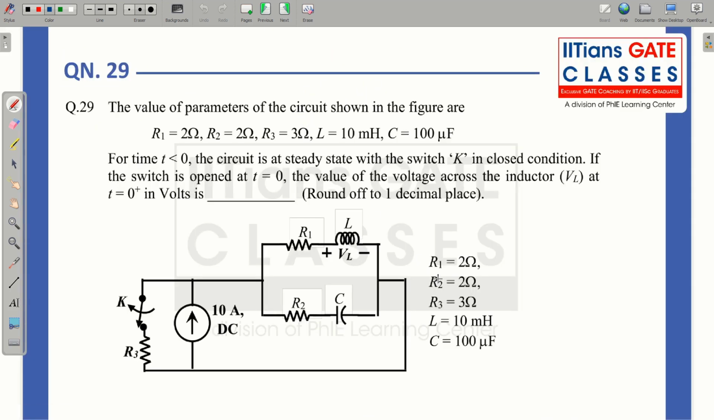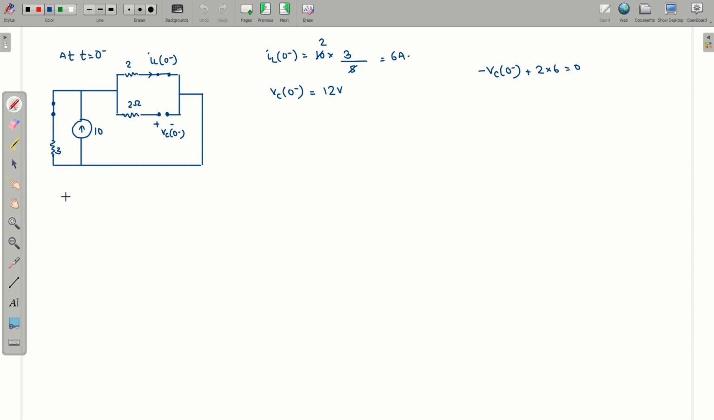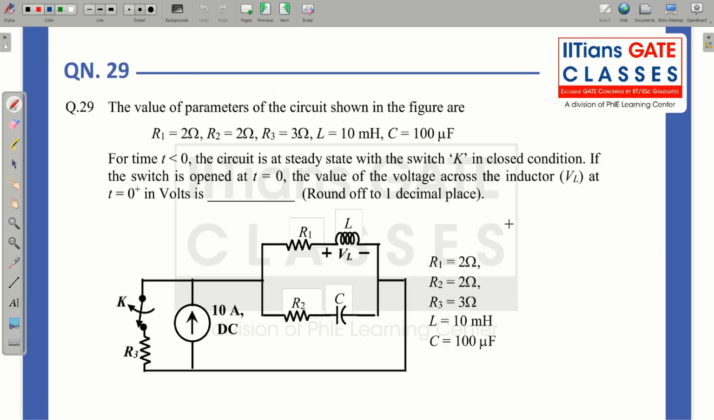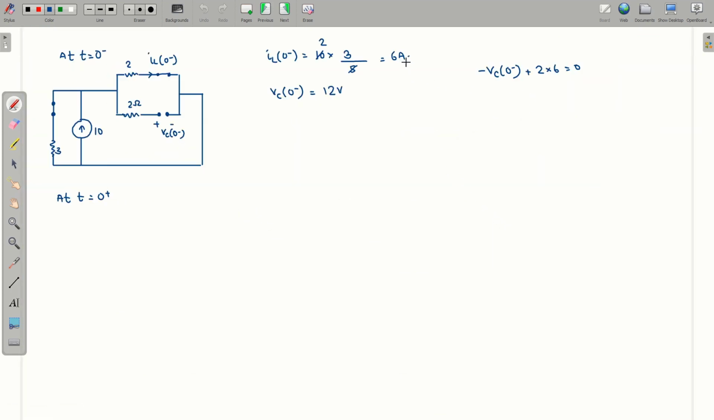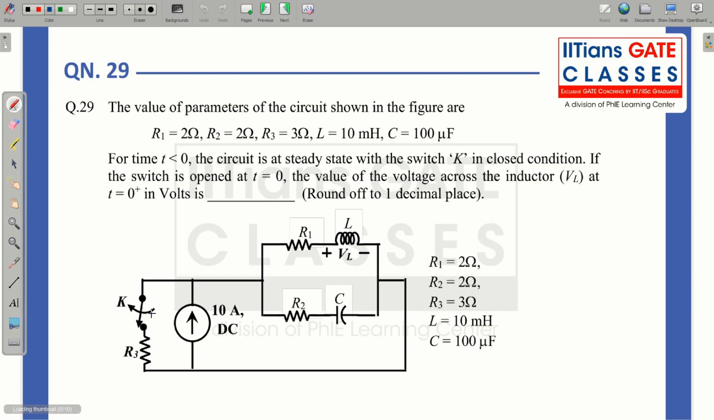Now let us redraw the circuit at t equal to 0 plus. We know that at t equal to 0 plus, the inductor will be replaced with a current source having this value, and the capacitor will be replaced with a voltage source having this value. And this switch is open now. So this whole part will be removed from the circuit, because now this R3 will be open circuited. So if I redraw the diagram once again,